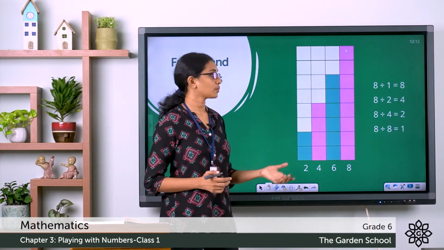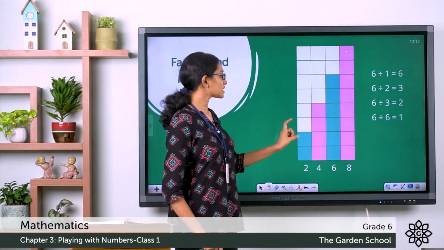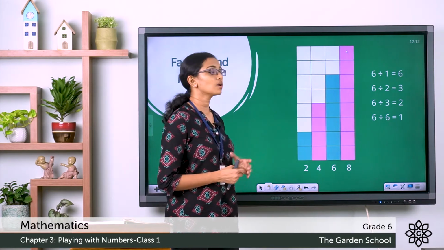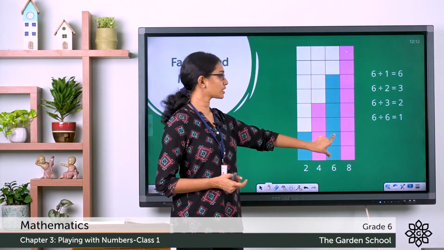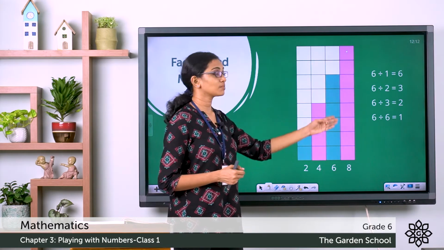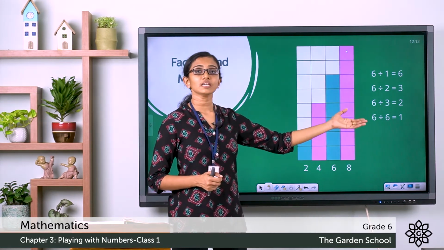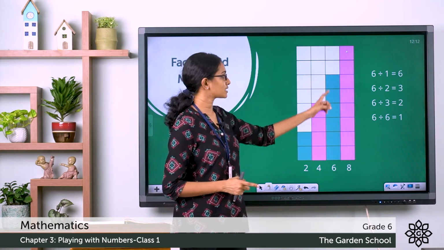Now how can I cut away the 6 centimeter strip into strips of equal length? See, I can use a 2 centimeter strip to divide the 6 centimeter strip into how many pieces? If I place a 2 centimeter strip here, I would require 1, 2, 3. So if I divide this 6 centimeter strip by 2, I would have 3 strips of 2 centimeters each. I can also divide this 6 centimeter strip using a 3 centimeter strip.